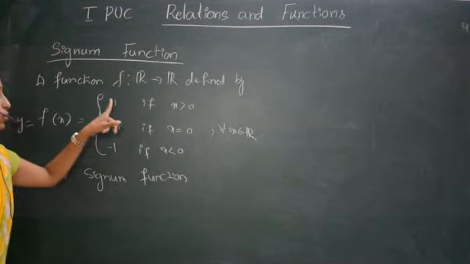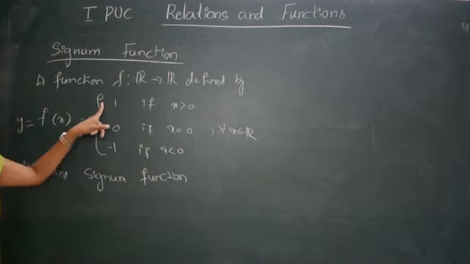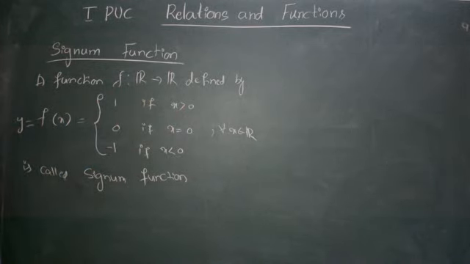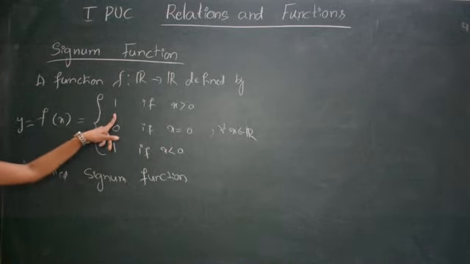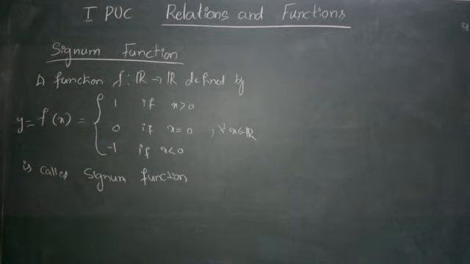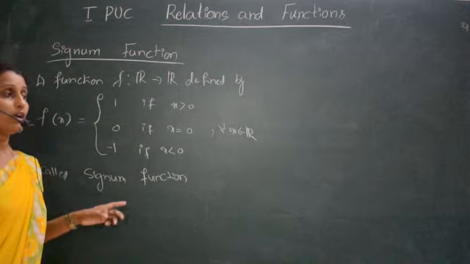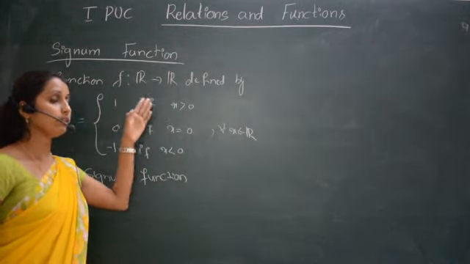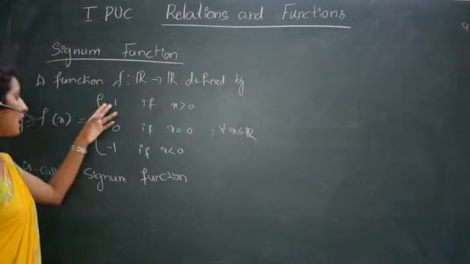If I take x equal to 3, 4, 100, 1 lakh or 10,000, then also 1. It is not only integers, it is always real numbers. If I take 0.1, then also it is 1. If I take 0.5, then 1. If I take 0.0001, then also it is 1. If I take 0, then only it is 0. Whatever value we take for x, if it is greater than 0, then f of x is always 1.